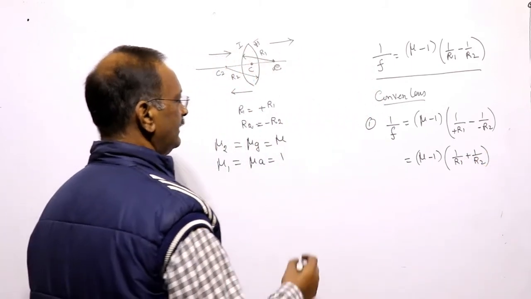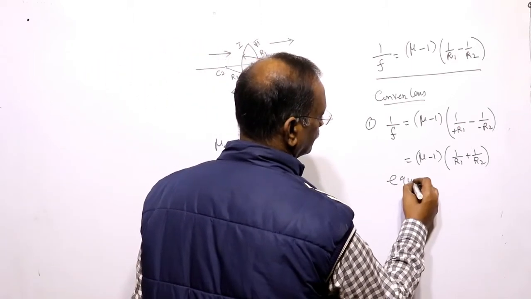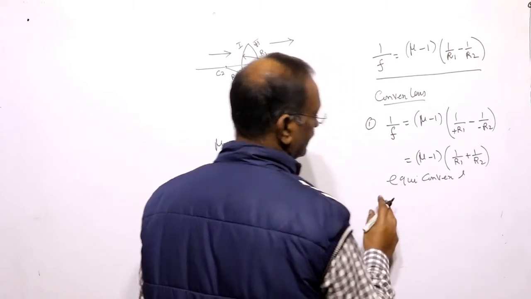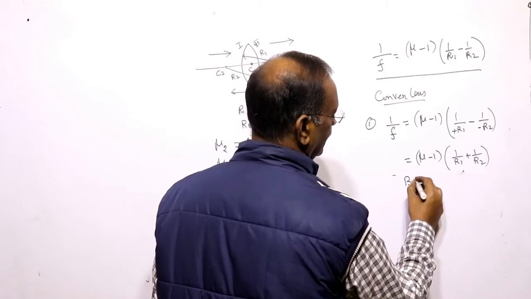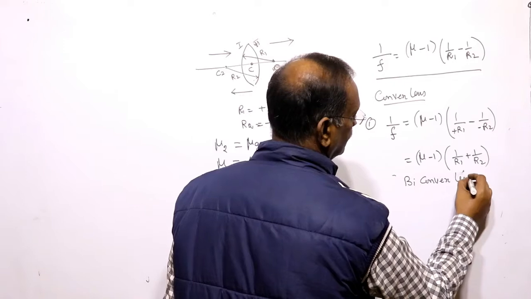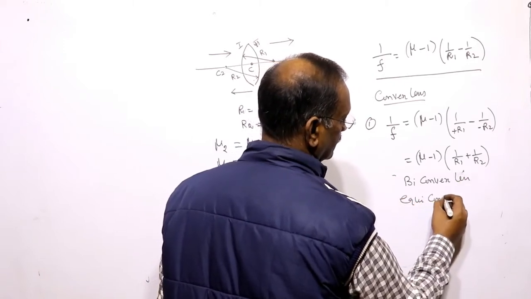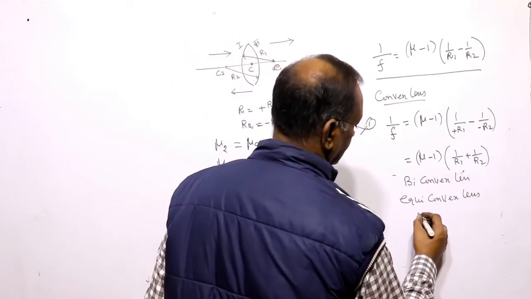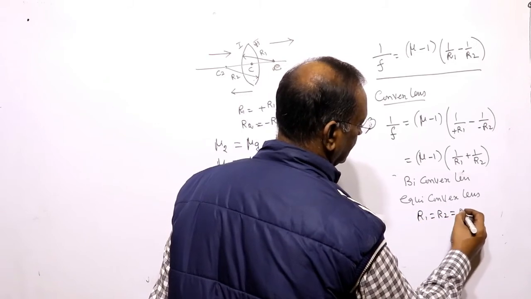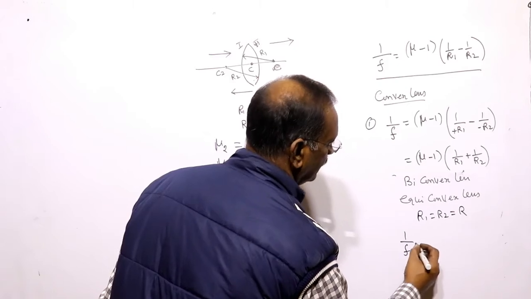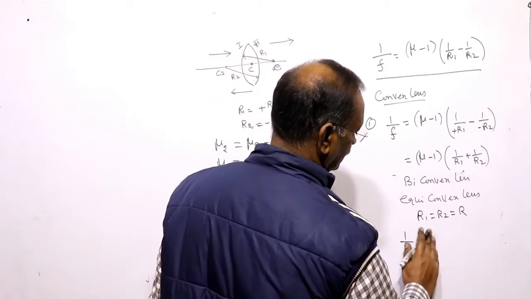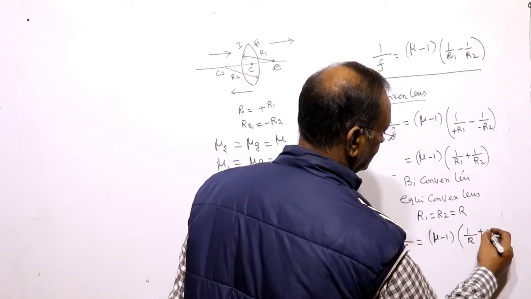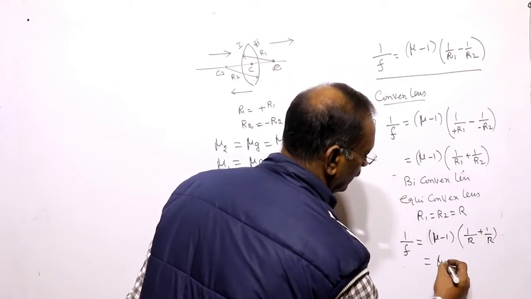This is for an equiconvex lens, this is for a biconvex lens. For an equiconvex lens, the radius of curvature of the first surface is equal to the radius of curvature of the second surface, equal to R. Therefore, 1 by f will become (mu minus 1) into (1 by R plus 1 by R), which is nothing but (mu minus 1)